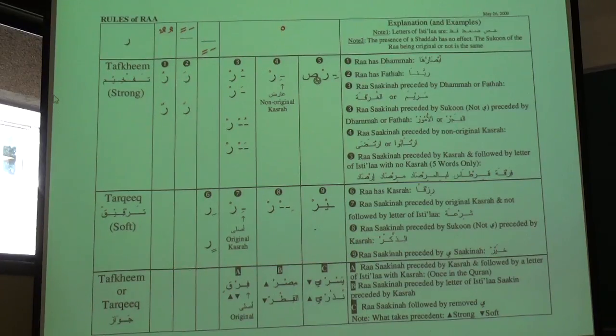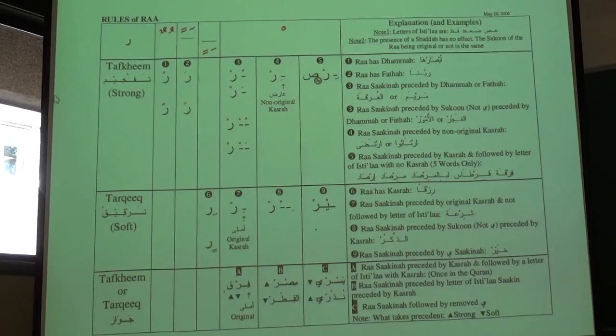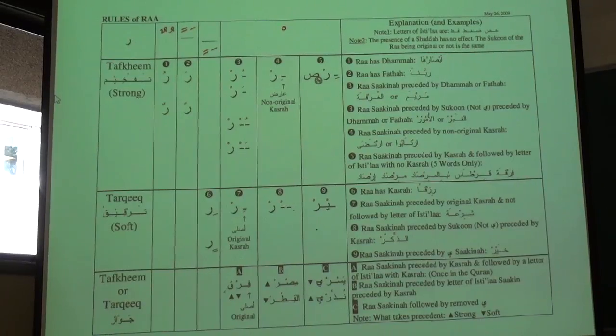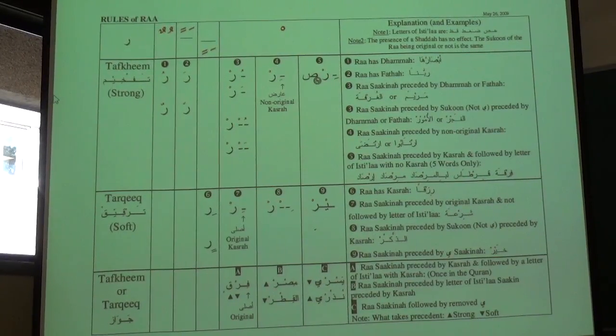We said that if the Ra has a haraka on top, usually it's mufakhama, right? It's strong. On top meaning a fatha, or a double fatha, or a dhamma, or a double dhamma. Or if it has a sukoon before it a fatha, or a sukoon and before a dhamma. And if the Ra has something on the bottom, that means if it has a kasra, it is muraqqaqa,